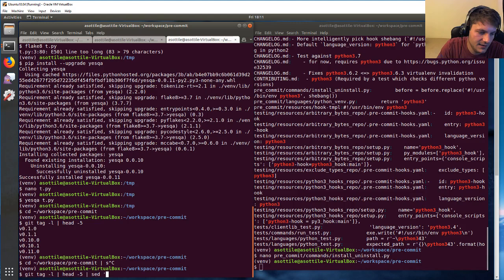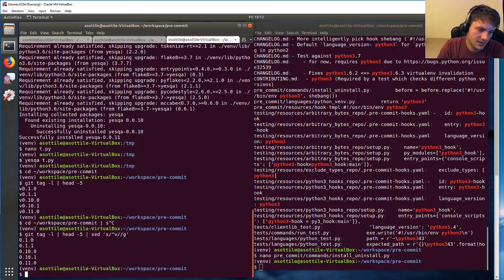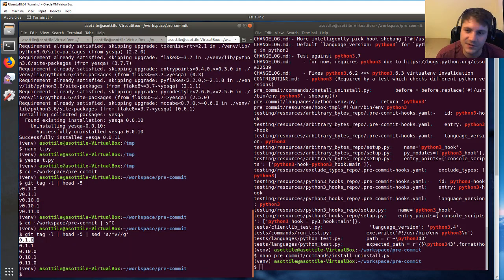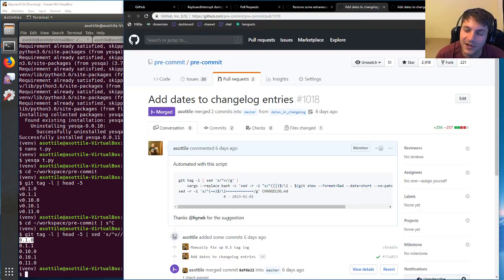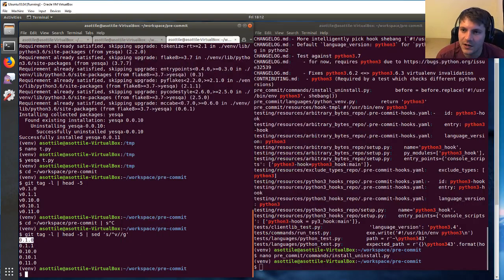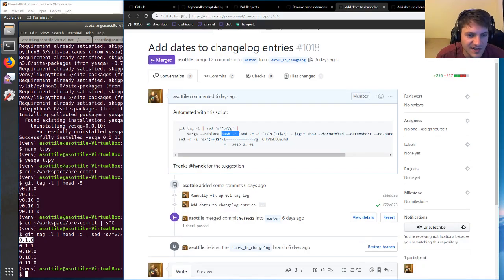So sed. So that globally removes the leading v. And this is just because this is the format I used in the changelog, not the one with the leading v. Probably could have made that consistent too, but I didn't do that. And then we have an xargs replace here, which is basically going to substitute these two curly braces with each of these versions. So in this case, it's going to run sed with extended regexes in place, and we're going to replace the version number with the version number and then a space and then a dash and then a space, and